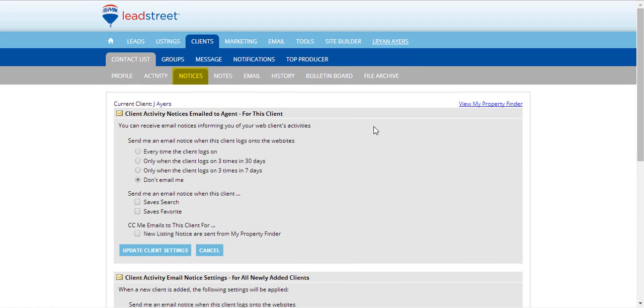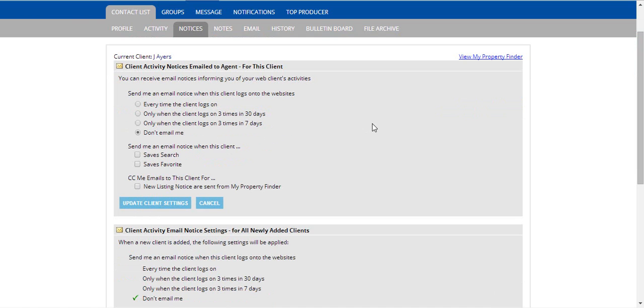Now when we go into notices, we can set this information directly for each client separately. In a few minutes, we're going to talk about how you can set it for every client, meaning either existing or incoming. But in the notices area, you can set notices for this specific client, meaning that when the client logs in 3 times in 30 days or 3 times in 7 days, we can be alerted. We determine how often we want to be alerted whenever these clients have any activity on our